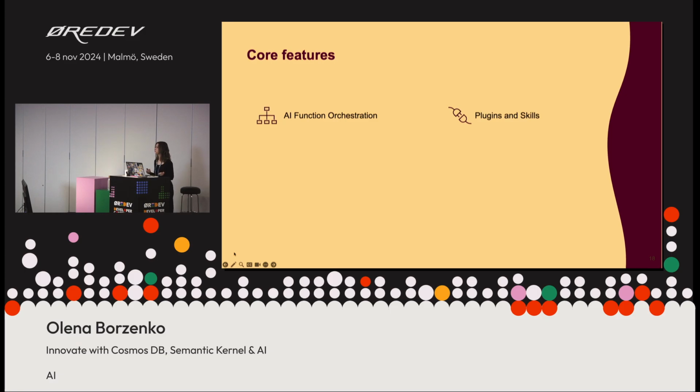For example, if you want to use Semantic Kernel with Cosmos DB, I'm using the Cosmos DB SDK as a separate service, but you can also implement it as a plugin, and give the role of orchestration and managing how you store this data to Semantic Kernel. Then memory management and planning, of course.